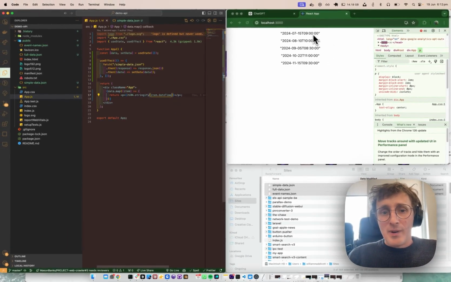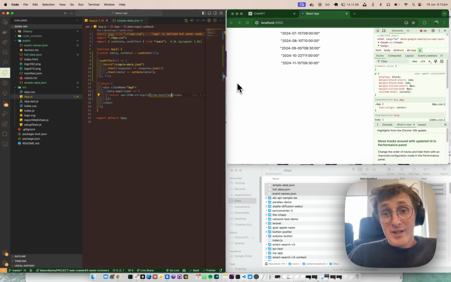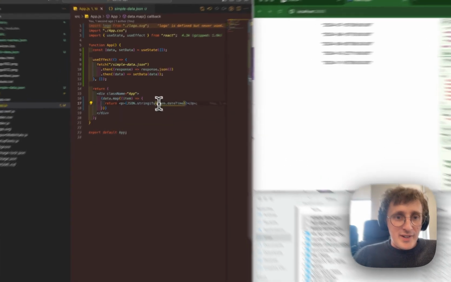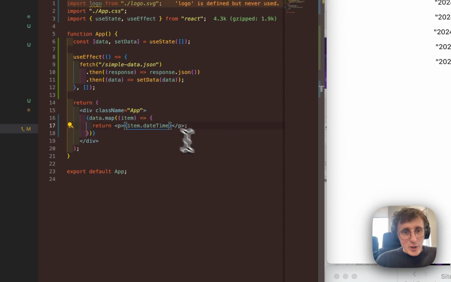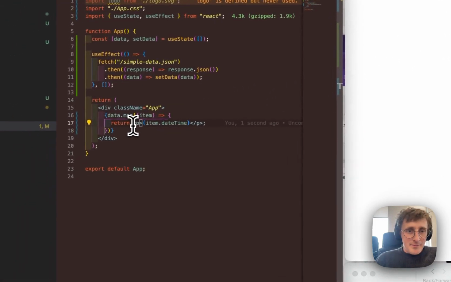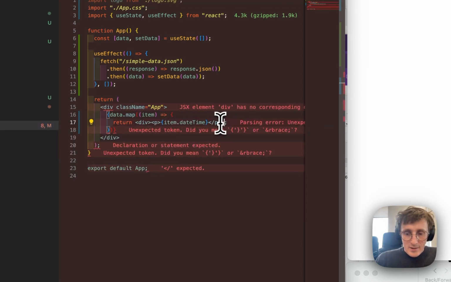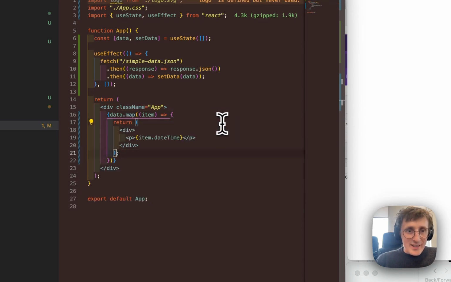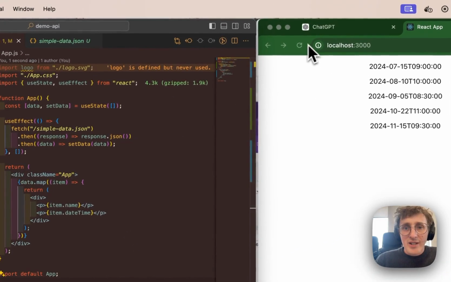Item dot date time, and we get the times of all the events. So this just means that we can show more data about our event. We no longer need this JSON stringify because the data we're showing is a string already. If we just put that in a containing div, we can just change that. So now we've got item.name and item.datetime, which if we refresh,